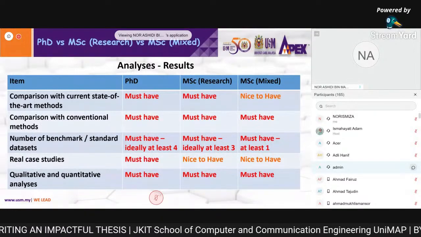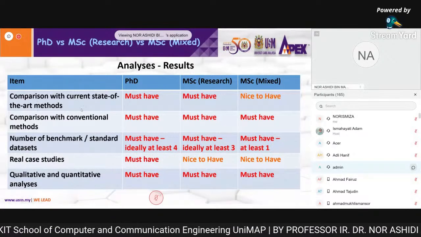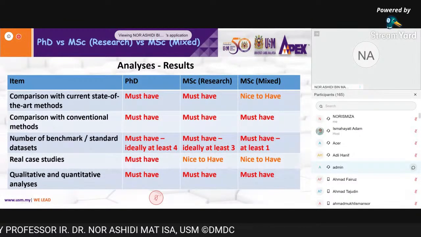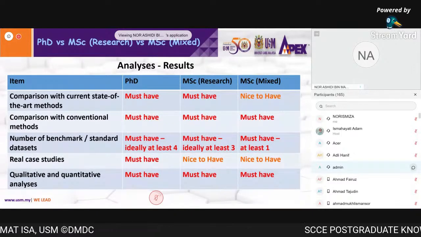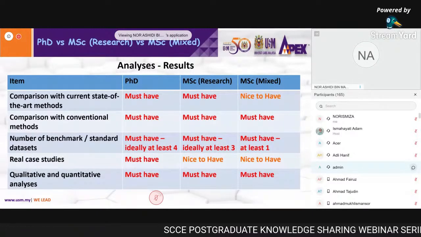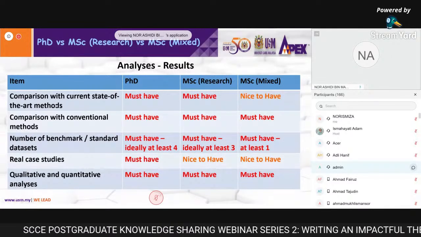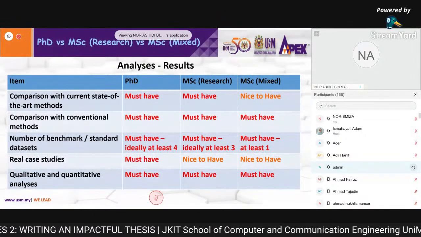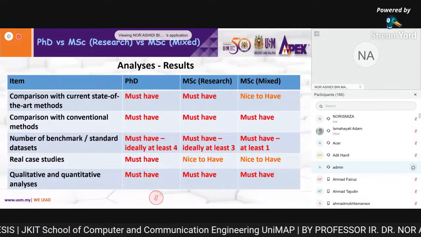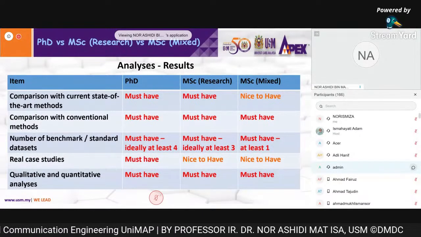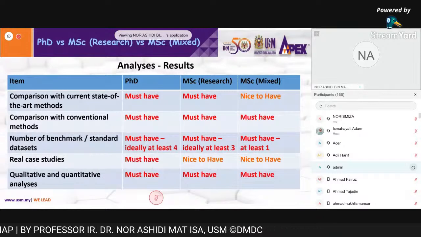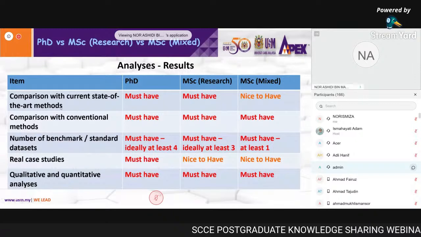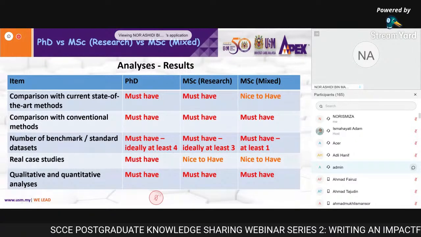And please make sure that when you compare with the current state of the art methods, they are in the same family as your method. It's not fair if, let's say, your method uses architecture of type A, but the other method uses type B. Then you compare and say that you are better. But the types of architecture are not similar, so it is not fair. That's why when you want to compare with some methods, there must be a reason why you choose those methods.